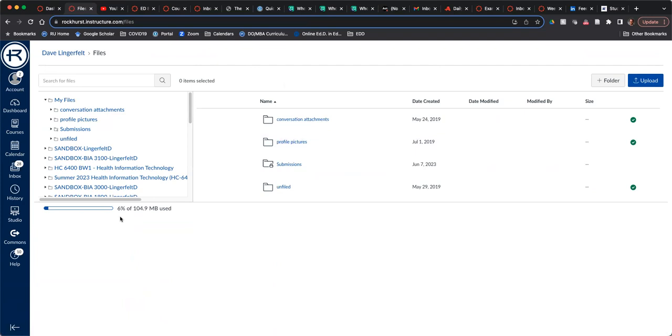So I was not aware of this, neither was the help desk. So this can fill up pretty quick if you're sending large files to students. So just kind of keep that in mind. It was a bit of a surprise when all of a sudden my Canvas got shut off. So just a little tip that I hope will